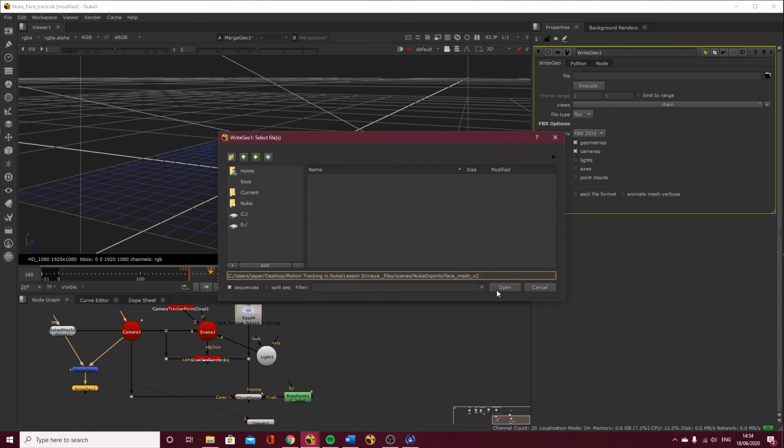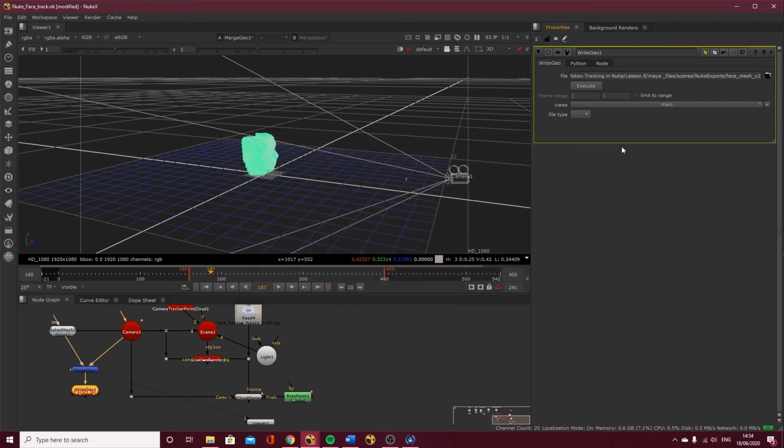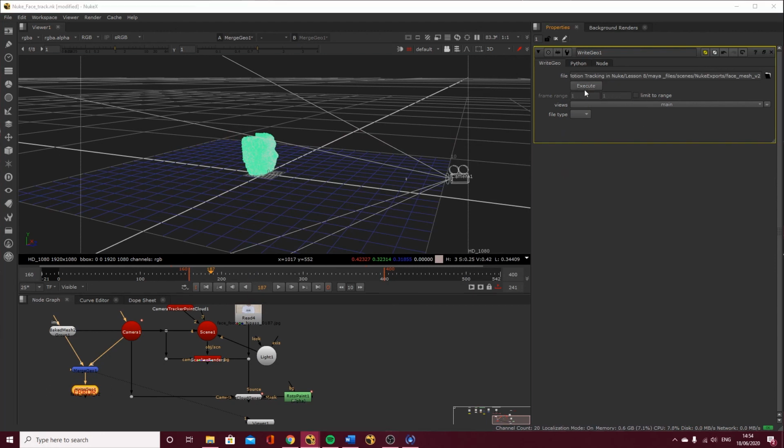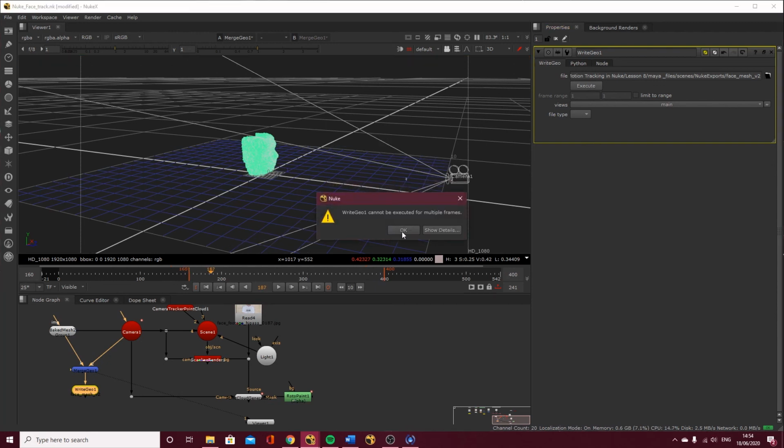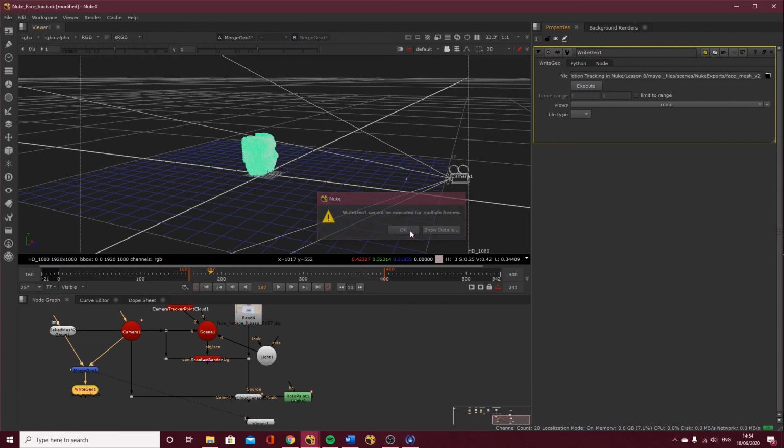So face mesh version 2, and finally what we can do is click execute, and it'll ask us what frame range do you want to do, and we're going to do 160 to 400 because that's where we're working at the moment. So click OK, and right, geo cannot be done for multiple frames. We haven't got FBX selected.